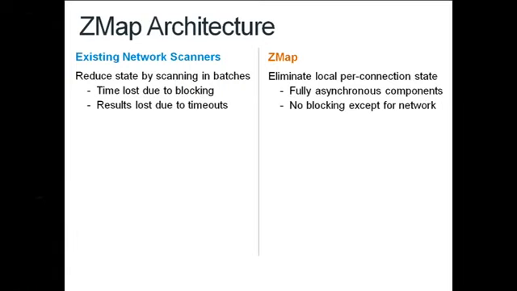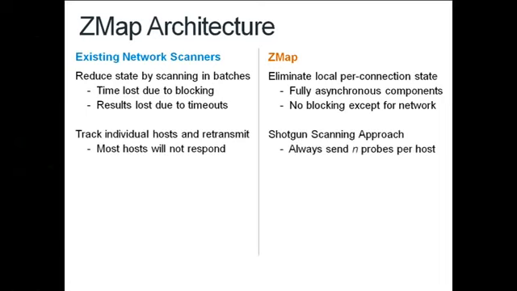We can't do any of these things really efficiently because in order to scan at even 1 gigabit per second line speed, you have to send about 1.5 million packets per second. So managing state for that many connections is not something that we felt was a good idea. The way we architected ZMAP, we have separate threads for sending and receiving packets. The sending threads, in, say, a SYN scan, are sending SYNs as quickly as they possibly can. They're not communicating with the receiving threads. The receiving threads are looking at what's coming in and processing it asynchronously from the sending.